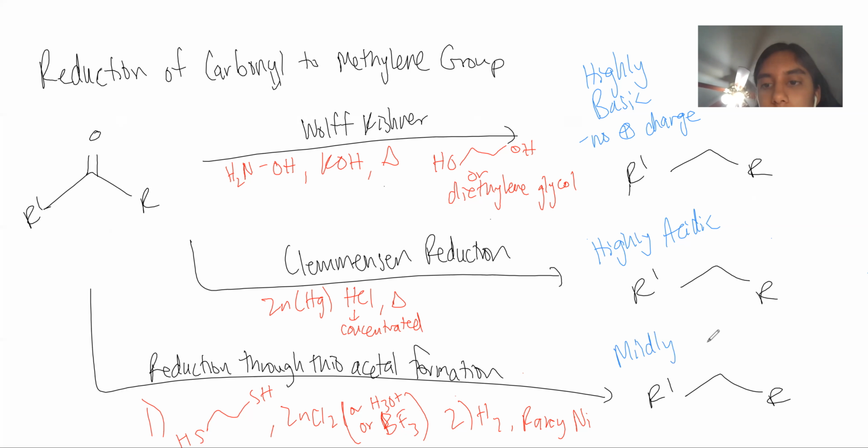In extremely basic or highly acidic conditions, that group you want to keep is going to go away. I think he'll go more into that next week with the carboxylic acid derivatives. Wait, can I go to another page? Yeah. Okay. So say you had a molecule and you wanted to reduce,